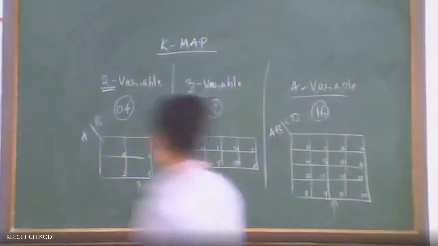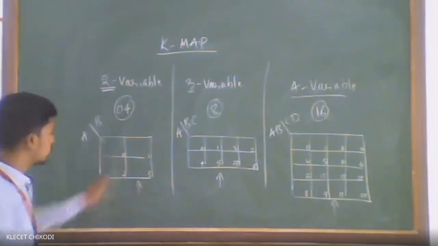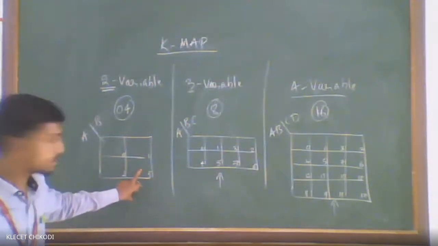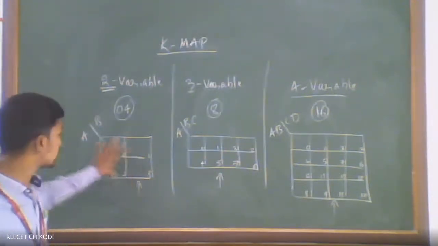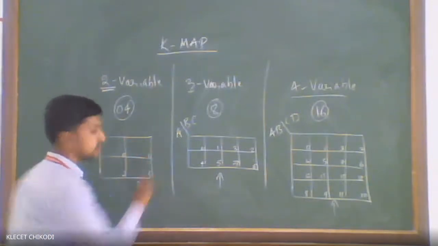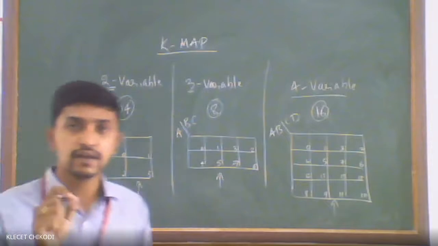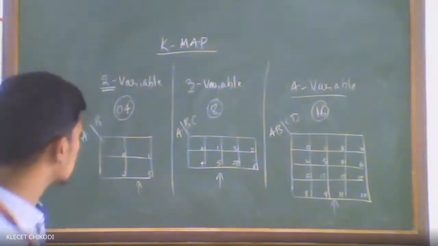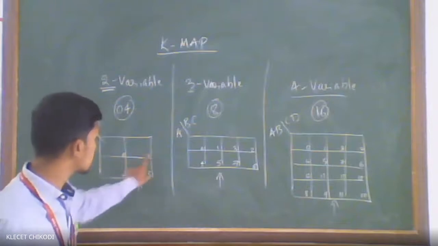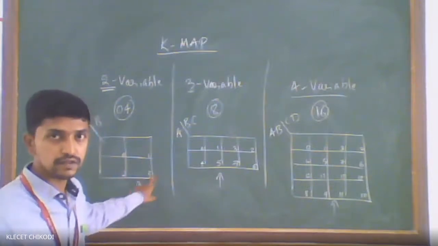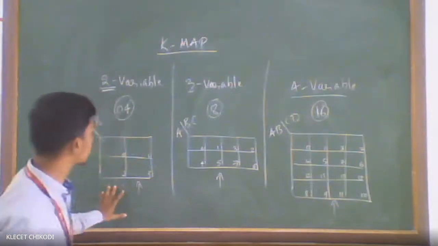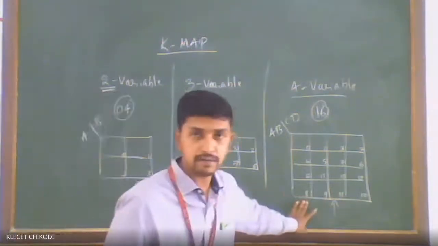Okay, and for every K-map we should remember that the cell numbering is very important. Even the cell numbering carries marks. Even if you draw the K-map and you write the cell numbers here, even for that you will get the minimum marks. So better whenever you draw the K-maps, it is compulsory to write the cell numbers. Okay, you can see that here. So this is for 2 variable, 3 variable and 4 variable.